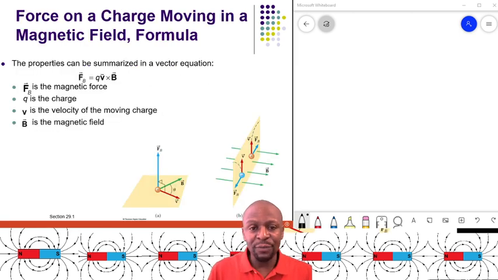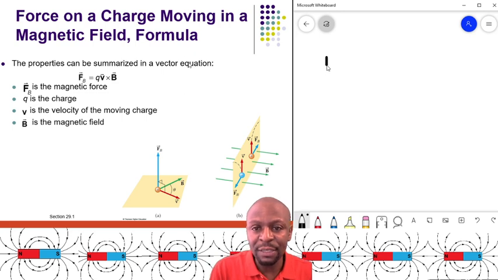Right. Now that force is given by F equals q v cross B, where F is the force, q is the charge, v is the velocity, and B is the magnetic field. The magnetic force F_B is given by q v cross B. Now, this is a cross product of two vectors. I just want to remind you that the cross product of two vectors is always a vector,